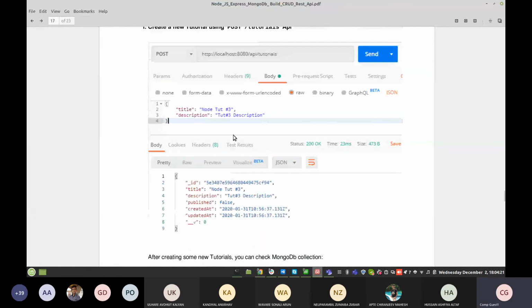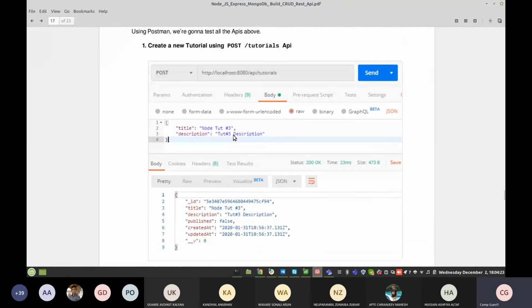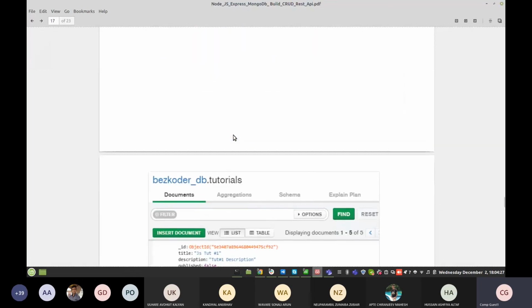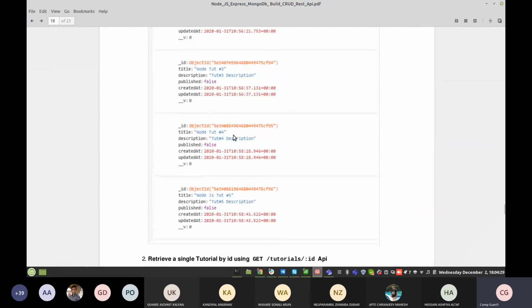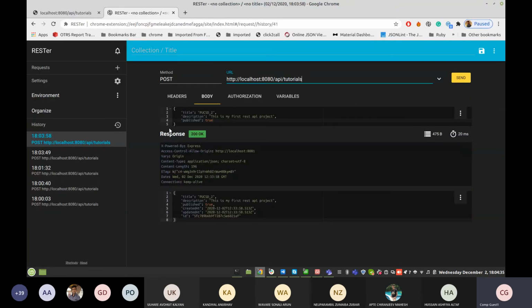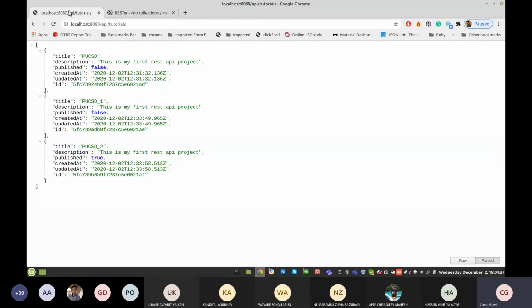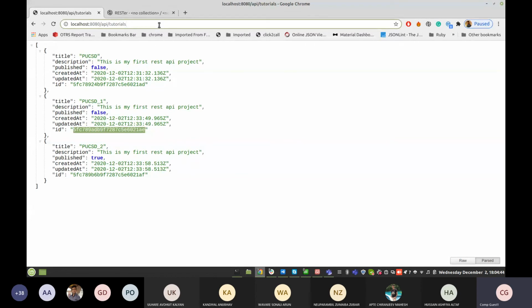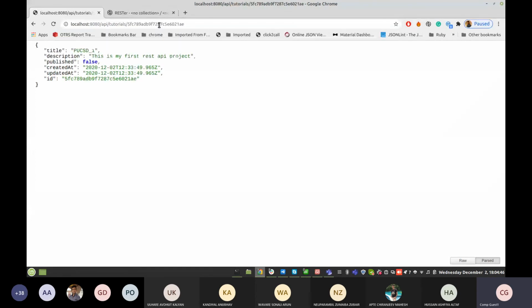Now we perform the next operation. First we saw the list of all the tutorials, and the create tutorial API is also done. Now we can retrieve a single record by ID. Let's say I want to fetch this particular record only. This is a get API, that's why it's written directly here.